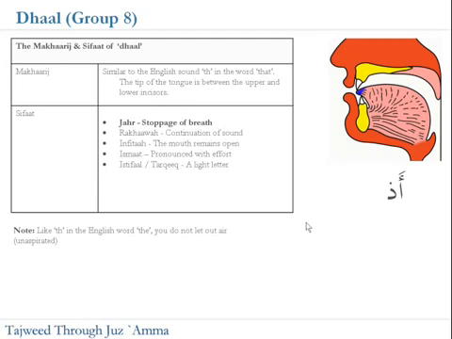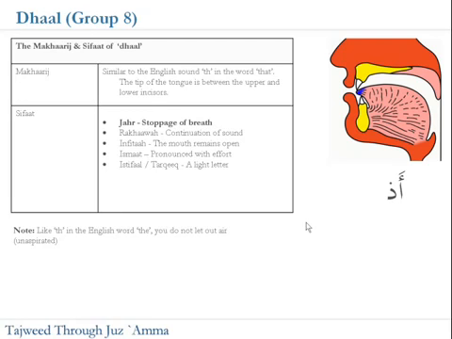Then we have the dhal. Now this is similar to the English th in the word that, and some of the countries in the Asian subcontinent, they do this wrong. They say this is za, and that's completely wrong. It's tha. So this is